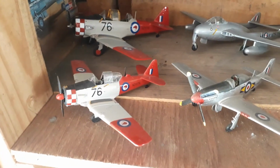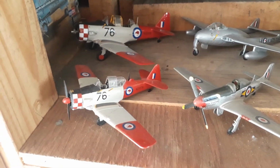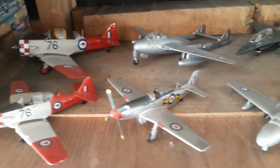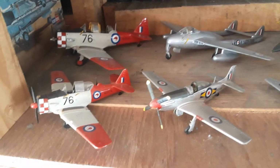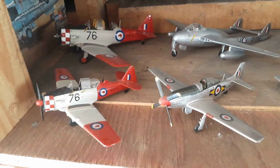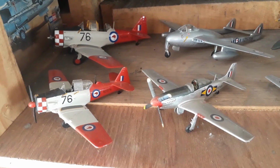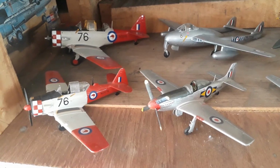And down here is my Royal New Zealand Air Force collection. 1/48th scale planes at the back. You can see those two are quite bigger. And in the front is 1/72nd. The two on the left there are Harvards, which are the Roaring 40s ones. These are the ones that make that lovely